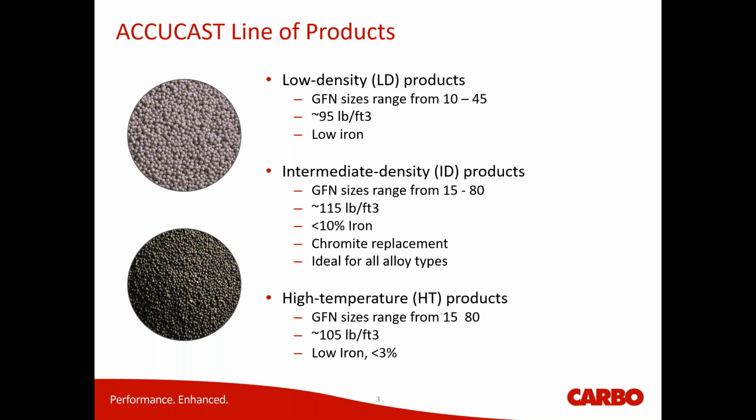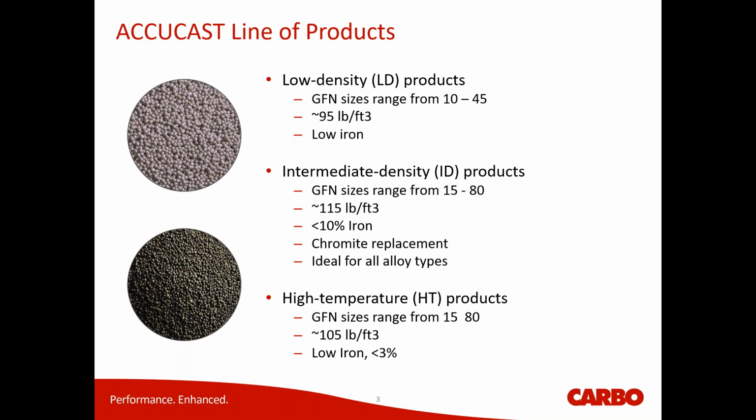So we worked within our R&D department and our plants to create the HT product, which has extremely impressive thermal data, and from the testing we've done is a good replacement for their needs. Our GFN size ranges from 15 to 80, so we're using the same size ranges as we would for our ID product line. The product density is 105 pounds per cubic foot, so it's a little bit heavier than silica, but not that much, which means we have other foundries that are looking at it just for that fact,